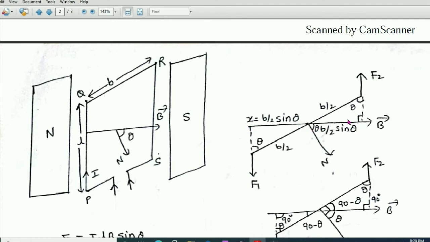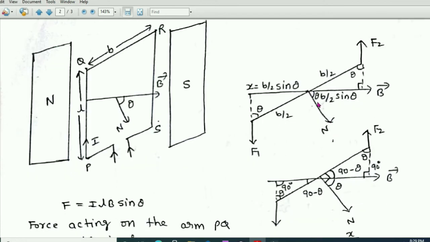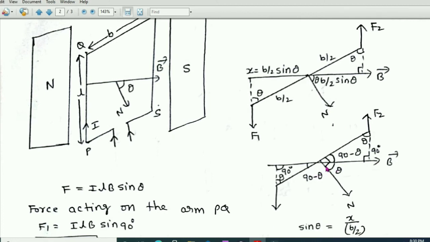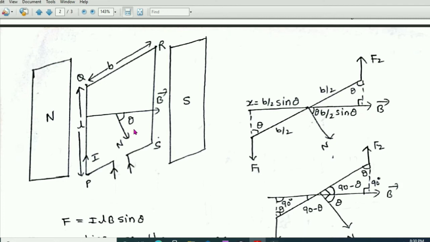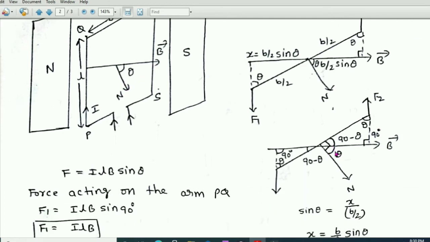Now let us calculate the perpendicular distance. So N is the normal drawn to the plane and the angle between the normal and the plane is 90 degrees because it is the normal. So at this point the total angle is 90 degrees. Here the plane and the normal both make an angle of 90 degrees. Now this is the angle theta. Theta means the angle made by the normal with the magnetic field. Already we have defined here, theta is the angle made by the normal with the direction of the magnetic field.